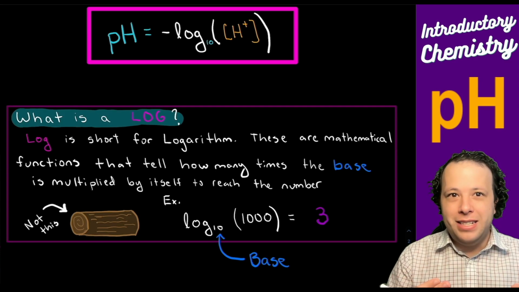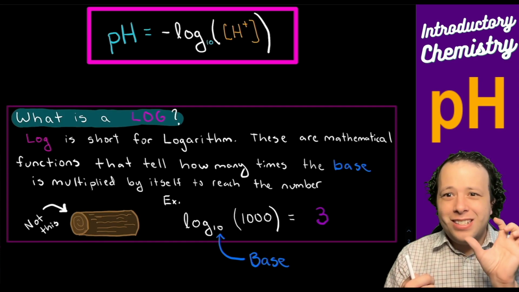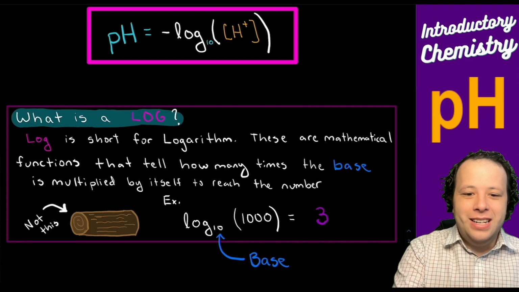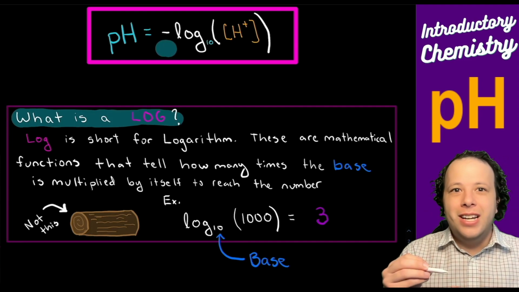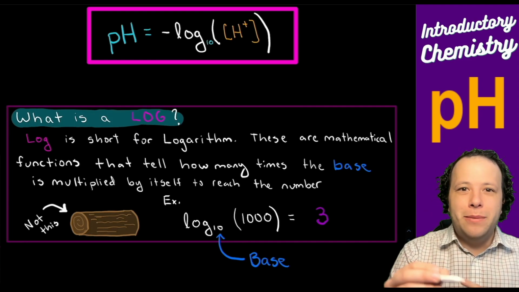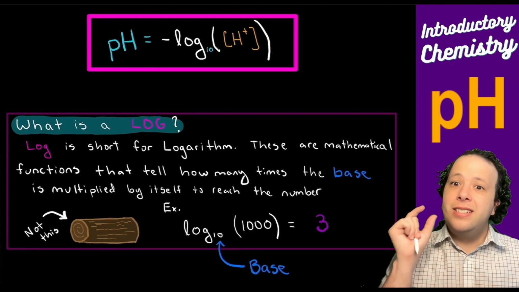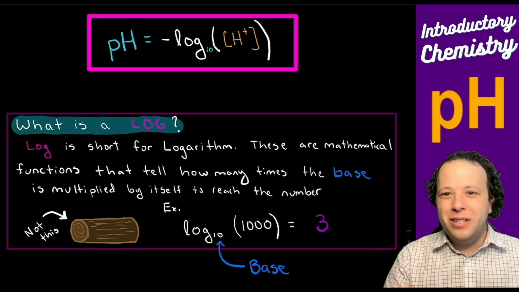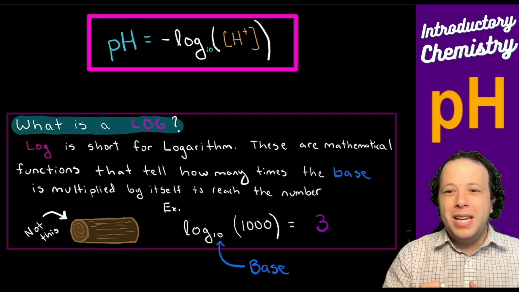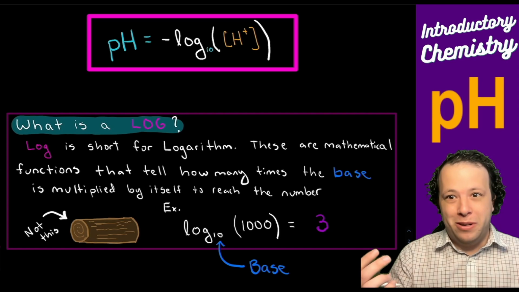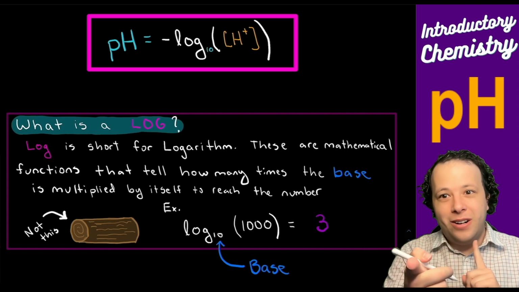It's a 10-based scale, meaning that, because there is a negative sign in our formula up here, we're going to be dealing with very, very tiny numbers. So the concentration is small, and there is so much capability here for such a small number. And this is where we're going to go into our next and upcoming example.